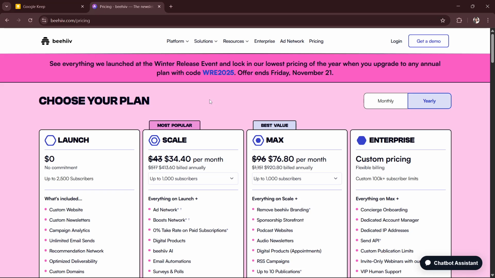So first, of course, you have to make sure that you do have a plan already or your account is already set up so that you will be able to access all of its features and that you won't be missing anything. And so once you're logged in and once you have your plan ready,